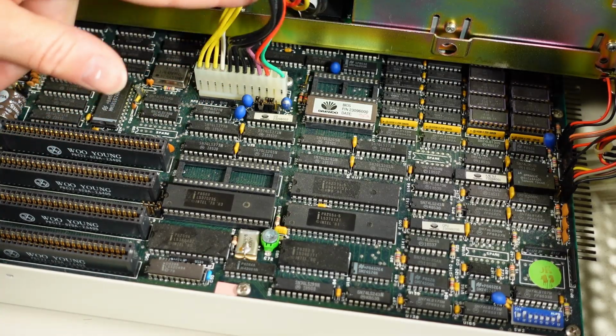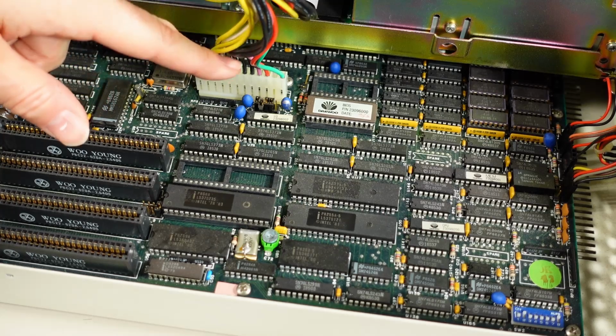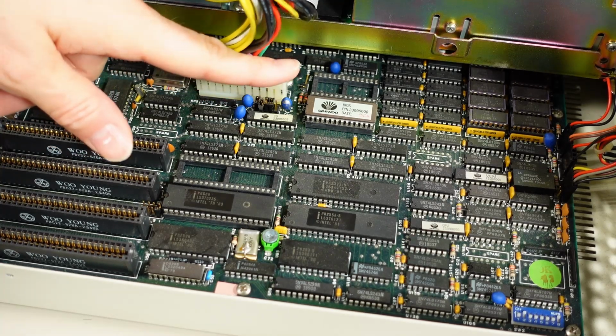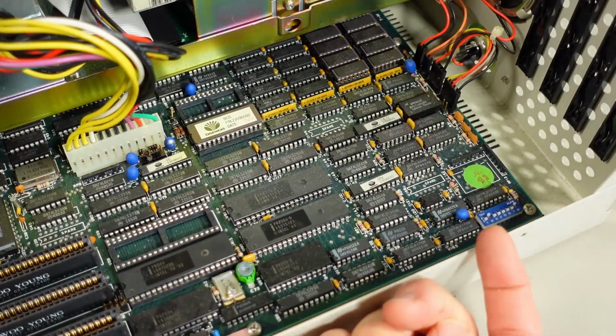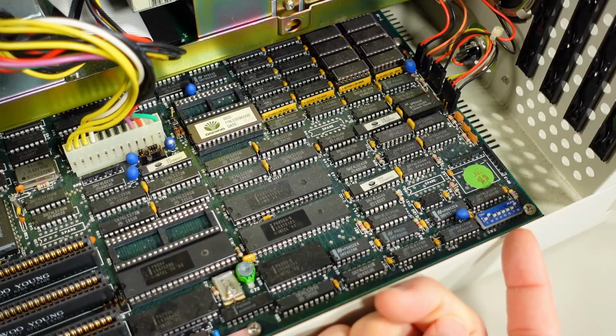So before I power this up, I'm just going to do a quick test with the multimeter between the ground and the various colored wires on here, which are the different rails, and we'll see if there's any shorts. If there is, I'm going to have to fix that. Over here on this part, there's some DIP switches, which just kind of coincides with what I was saying